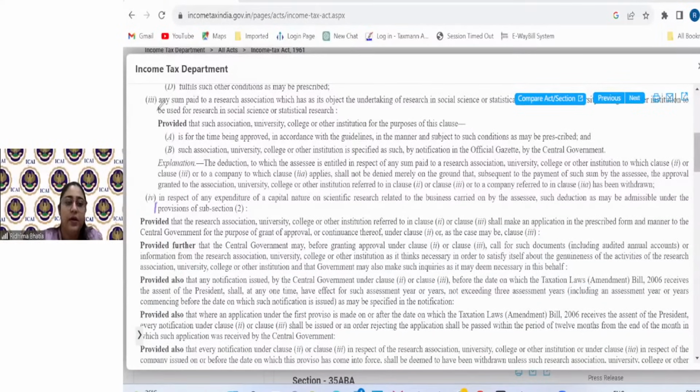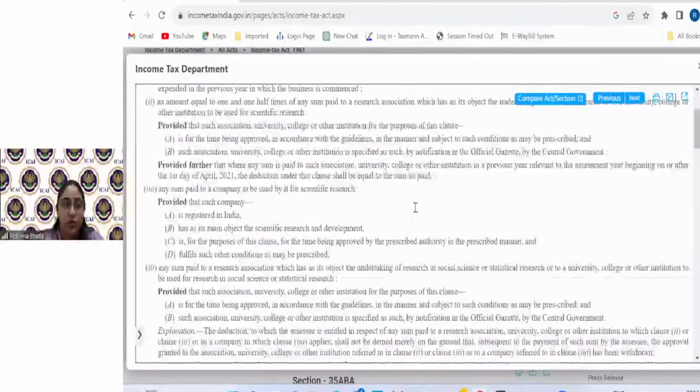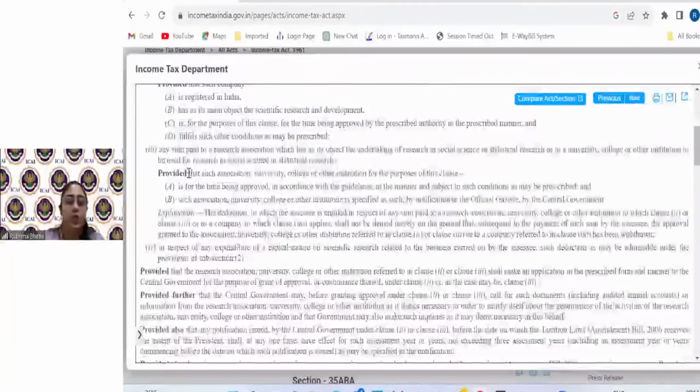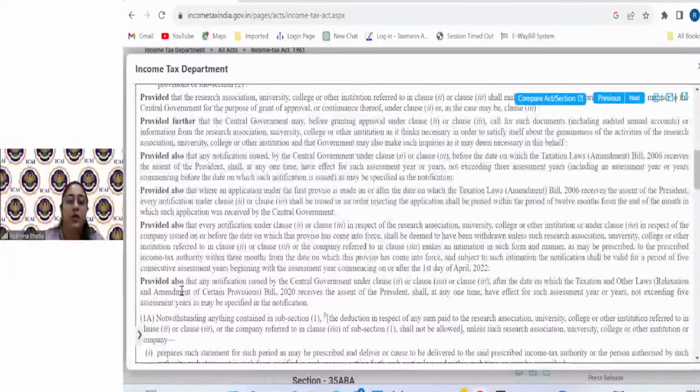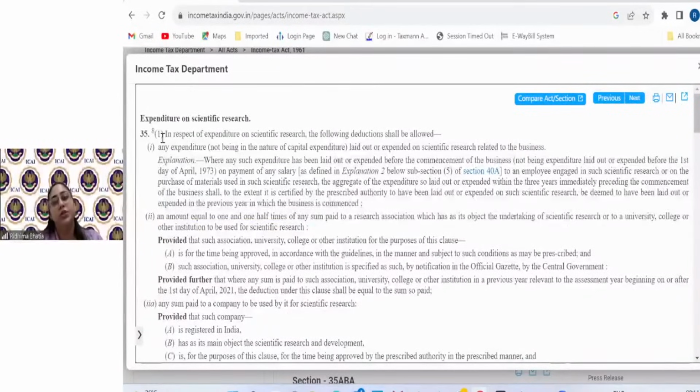Like here, this is a proviso to clause 3, it is a condition to clause 3 only. But these are not in alignment. That means which alignment is this coming under? We have to see that. This is coming under the alignment of subsection. So these provisos are: first proviso, second proviso, third proviso, fourth proviso, fifth proviso, sixth proviso. You have to count it to section 35, subsection 1.